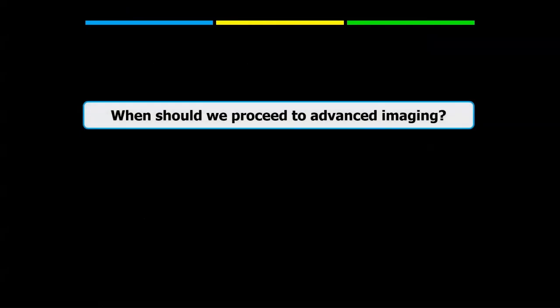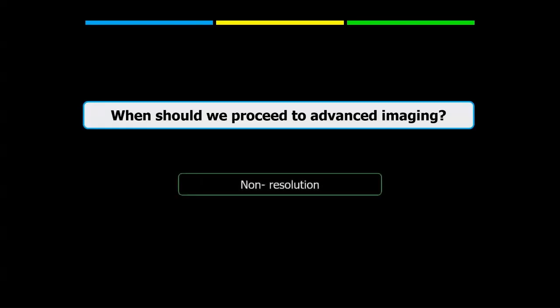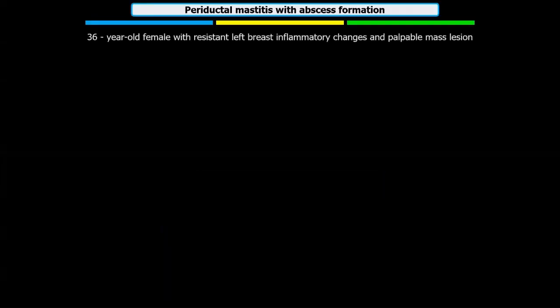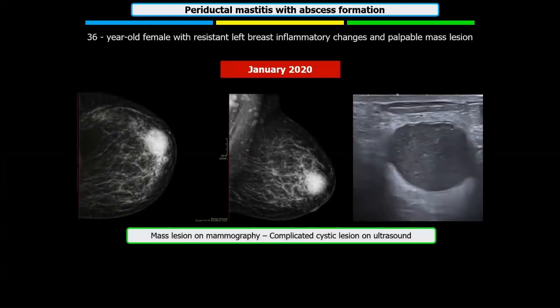The question is, when should we proceed to advanced imaging in cases of periductal mastitis? We should proceed whenever we have non-resolution or whenever we suspect underlying malignant pathology. This is a 36-year-old female with resistant left breast inflammatory changes. This was her mammogram in January 2020. She had a retroareolar mass lesion, which on ultrasound turned out to be an infected cyst,